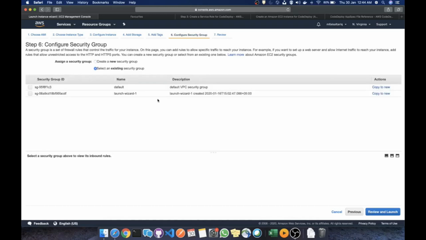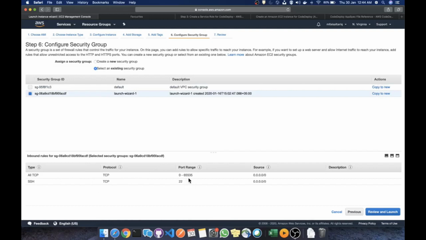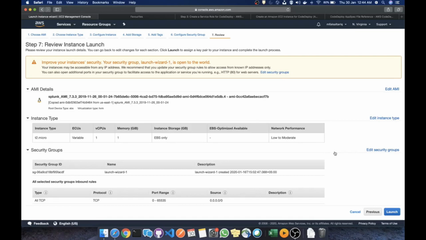I already have a security group that allows all the TCP connections and the ports opened for this EC2 instance, and the SSH connection also opened from all the IP addresses, so it's available from anywhere and open to the public internet. If you want to restrict these settings, you can create your own security groups and everything. So for now I'm using this just for testing, and then I'll review and launch it,